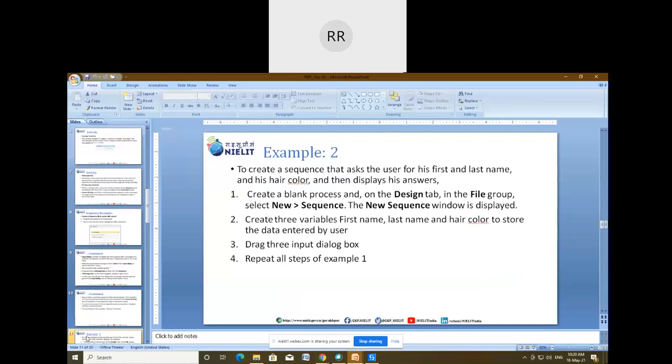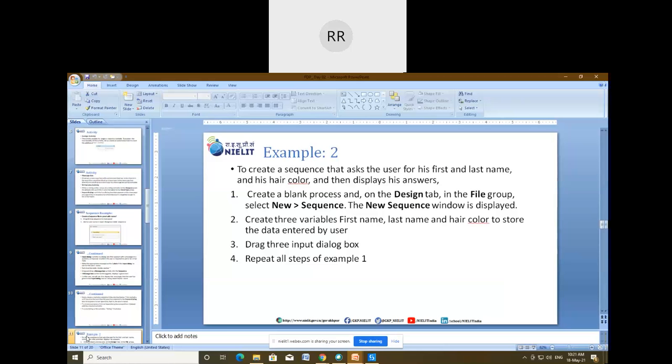Suppose this is the example I'm going to create with the help of variables. We have to create a sequence file that is going to ask the user for the first name, the last name, and his hair color.